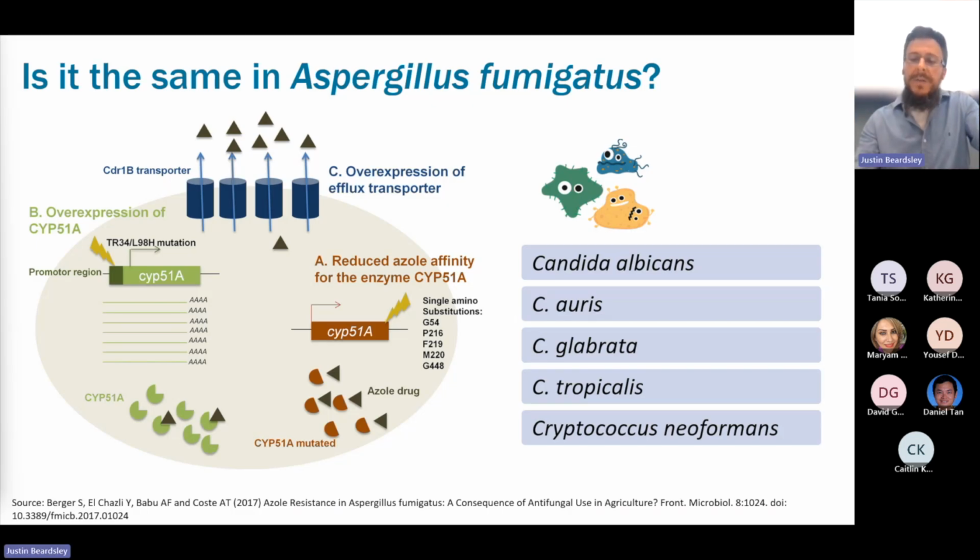Starting with Aspergillus fumigatus, do we have the same mechanisms in clinics and animal production? Yes, we do. We've got target site modification or overexpression of the targets. We've got transporters. And this is not restricted to one disease, one pathogen. This is all over the place. I've got a very short list here. For example, Candida diseases, in which these mechanisms have been identified as well, and even Cryptococcus neoformans. So these mechanisms are widespread, and they just keep repeating all over the place.